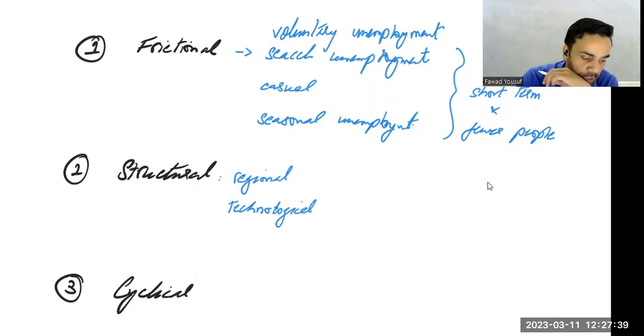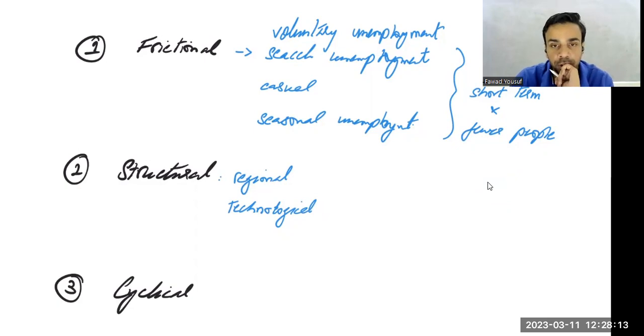Okay, one second. Casual, you're saying, occurs when people have left one short-term job and they're about to take the second short-term job. This could be something like a construction job. You know construction is a short term job. The project will finish, you'll become unemployed, then you'll move on to another short term project. So continuously, the time duration in between, that's called casual unemployment.